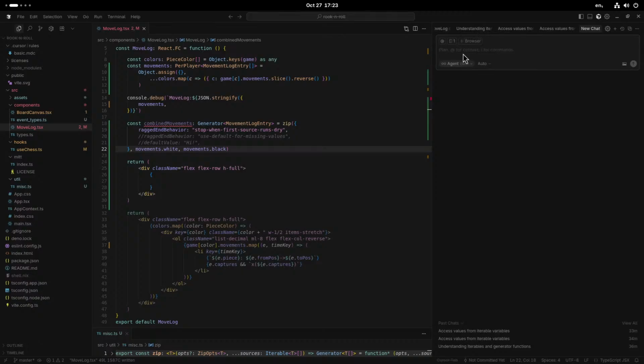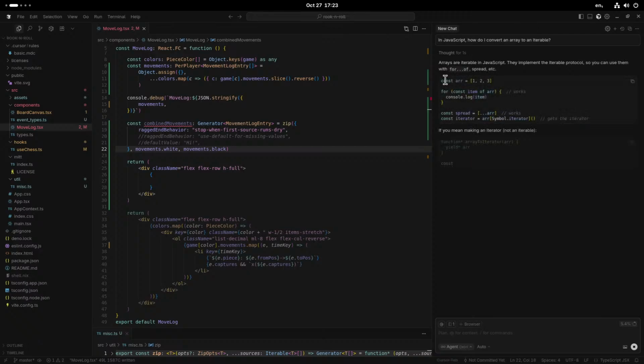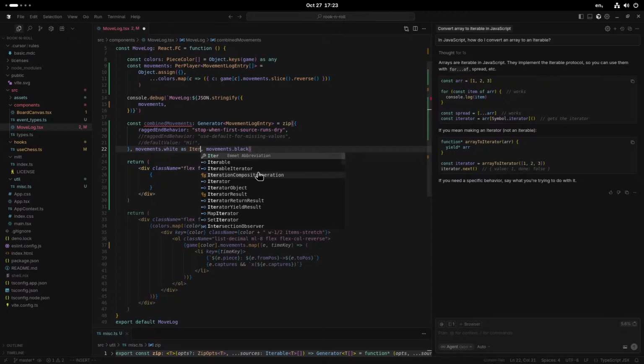Get rid of the tabs. Why does it have all these? I hate that. That's annoying. Okay, so in JavaScript, how do I convert an array to an iterable? Don't give me that garbage about it already being an iterable. Okay. As iterable,